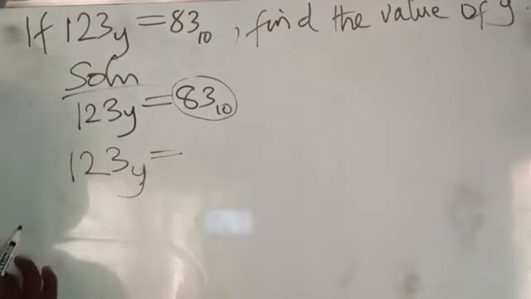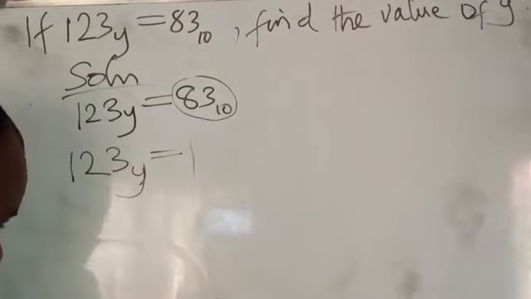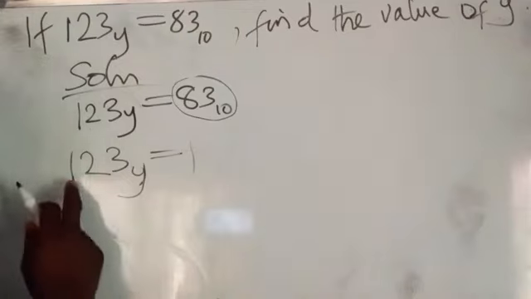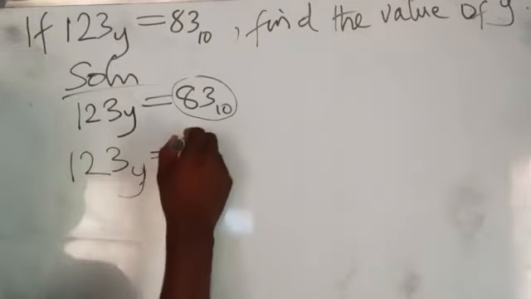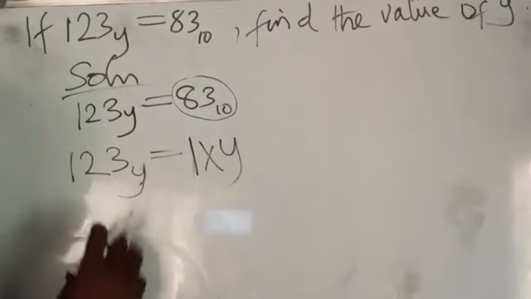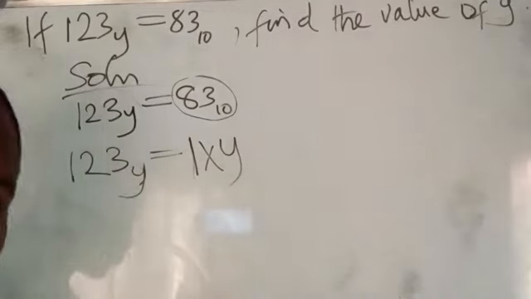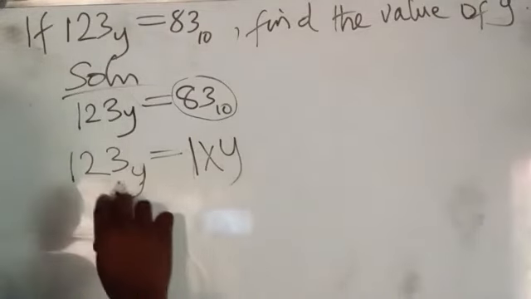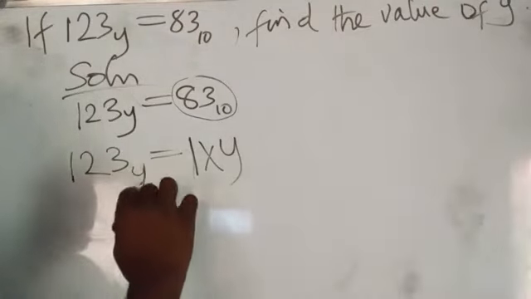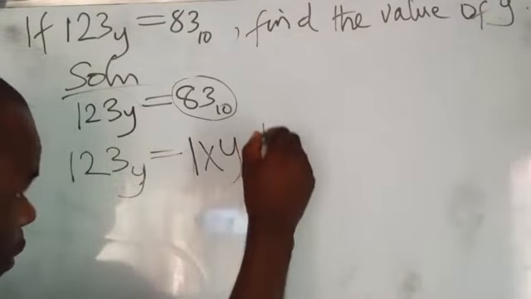Now, you write 1, which is this one in front, times y, which is the base, that particular given base. You are multiplying every digit here with the given base. Is that clear now? Plus